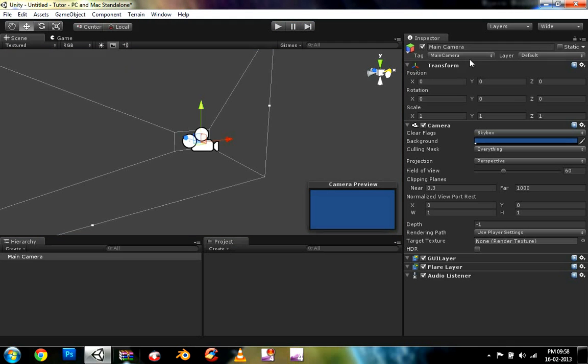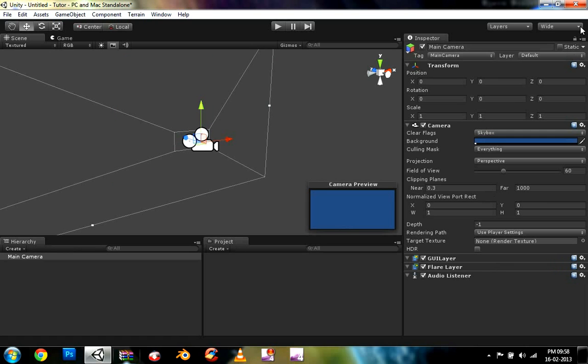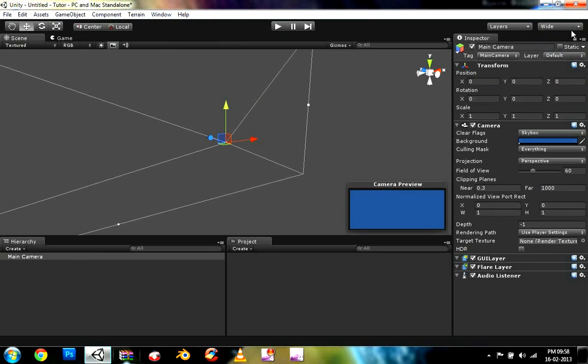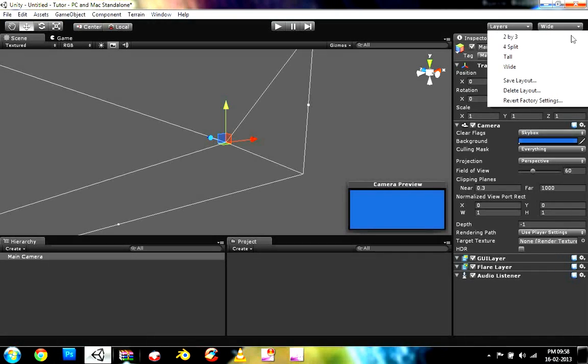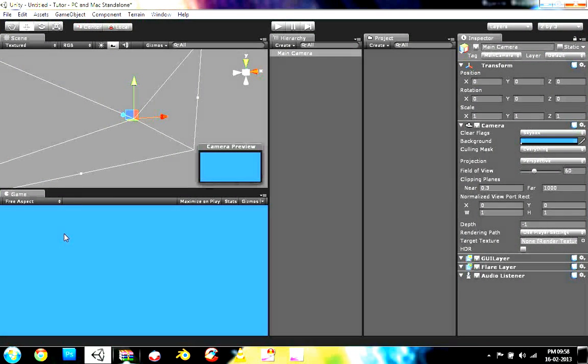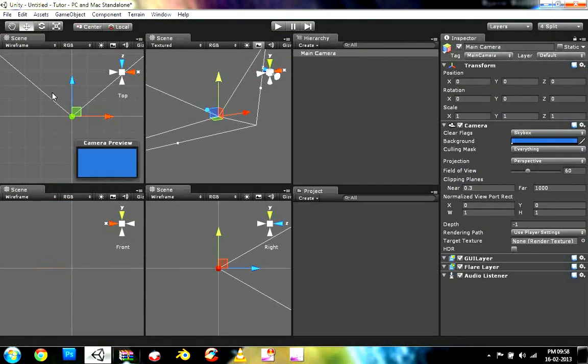Now if you don't like this window layout, I'm pretty comfortable with this one. If you want to change it, there is an option in the top right corner. I'm using wide, so there is an option of 2 by 3. The game view also comes in there, and the inspector is in its original place. There is a 4 split. It is very confusing.